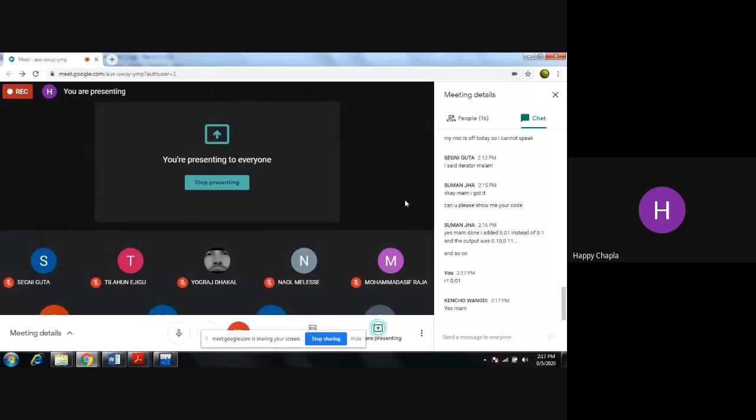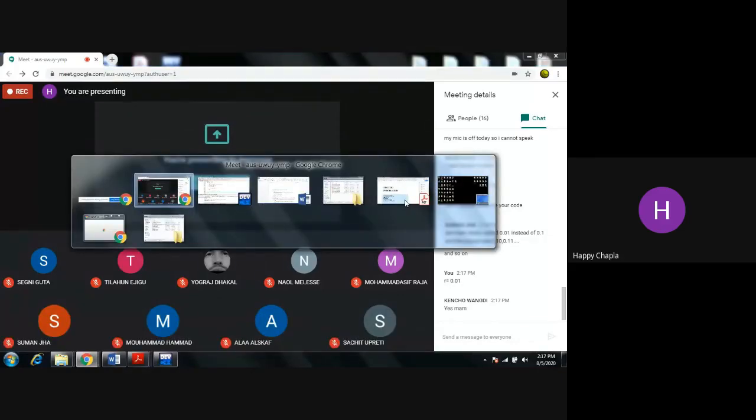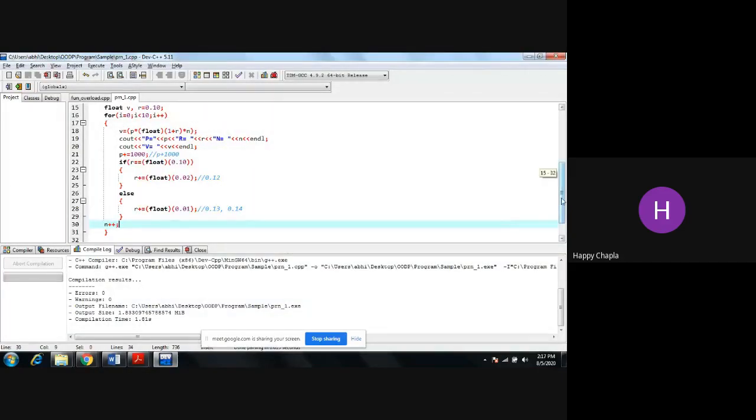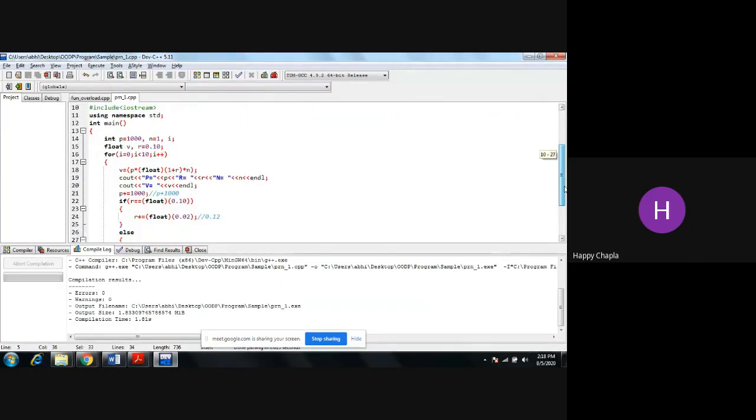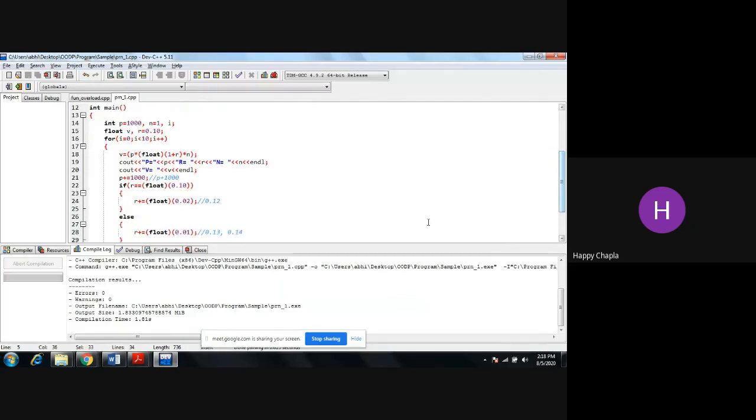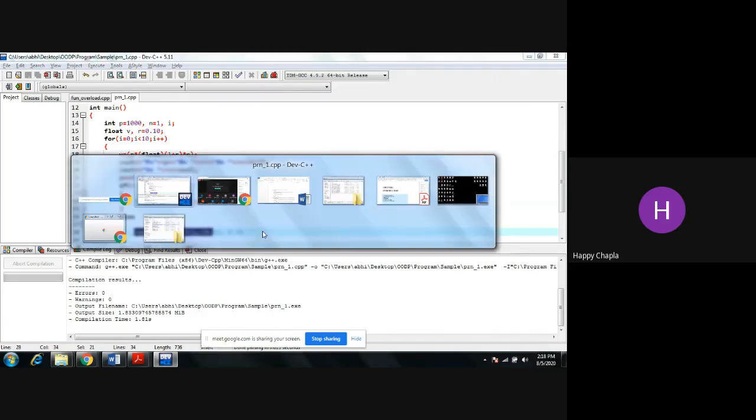Instead of 0.11, you need to start directly with 0.12 because it was mentioned in the question. So you can do something like this: add 0.02 the first time, and otherwise add 0.01 instead of 0.1.